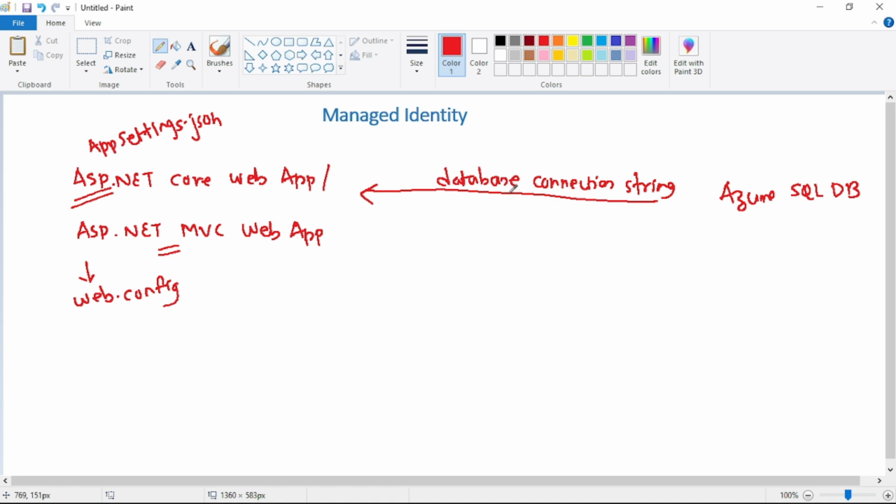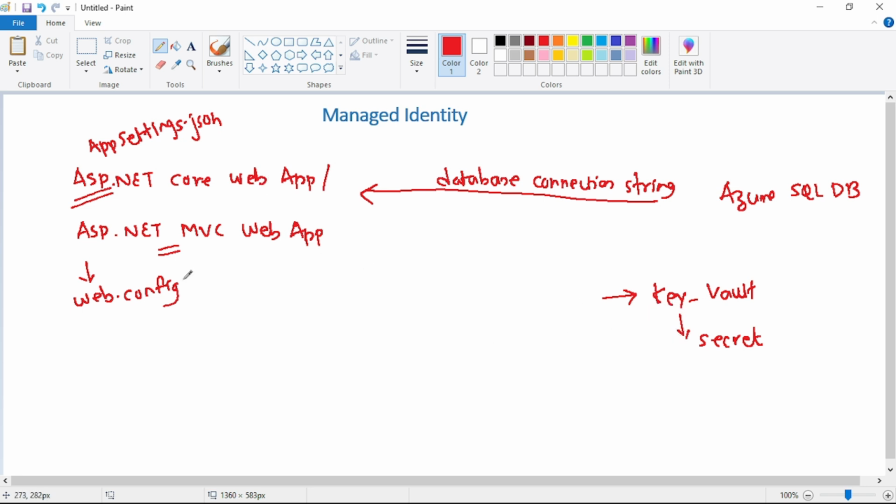But guys, storing such a database connection string in an app config file is not the best security practice. Okay, and the better solution is we should use key vault. So we should store this database connection string as a secret in this key vault, and then our application, that is our web application, should retrieve that secret from this key vault.